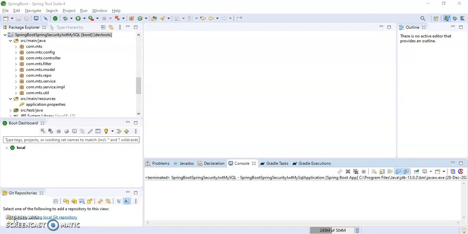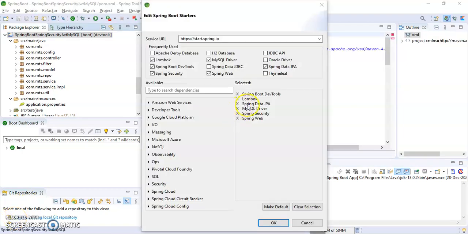First, create a Spring Boot project by using Spring Starters and add the dependencies Spring Data JPA, MySQL driver, and Spring Web. And Spring Security, you have to add later.